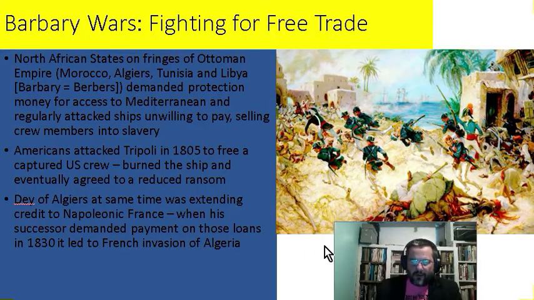There was a brief overseas military invasion that foreshadowed many such interventions in the coming century. So in the early 1800s, the U.S. went to war in support of trade on the high seas. Those states that had patrolled the Mediterranean, forming kind of a protection racket, were labeled pirates by the U.S. and attacked. So the United States sent Marines across the ocean in 1805 to attack Tripoli, which is modern-day Libya,